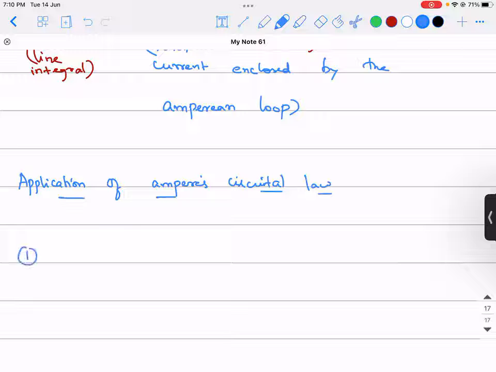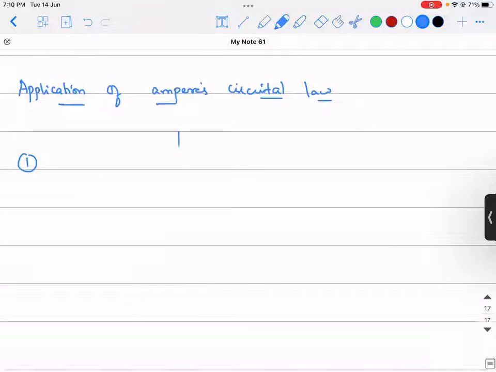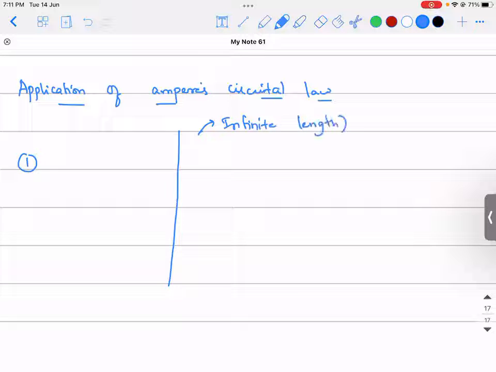If I take the first one, a straight current carrying conductor of infinite length, and the current is flowing in the upward direction, let's say it is I. If I take a point P here, which is at a distance A from it,